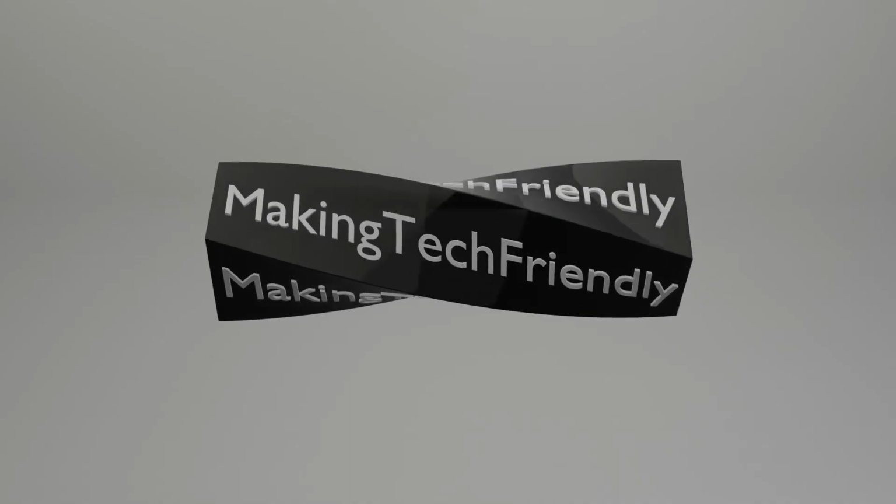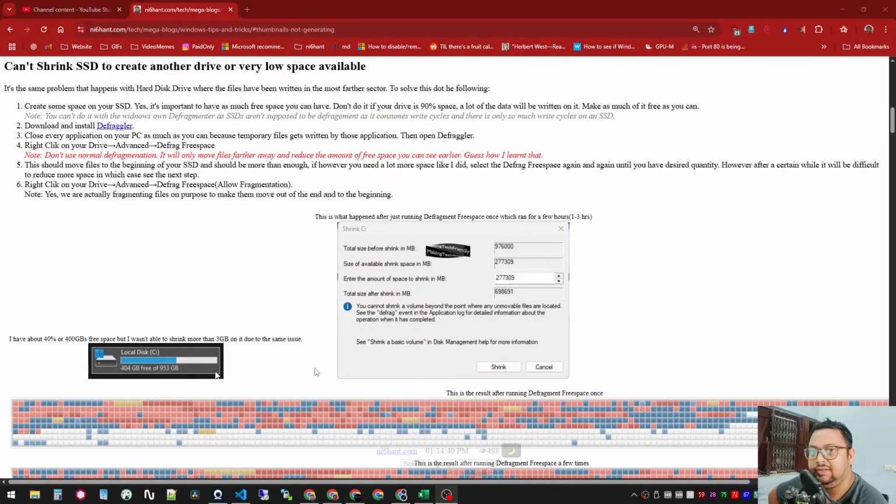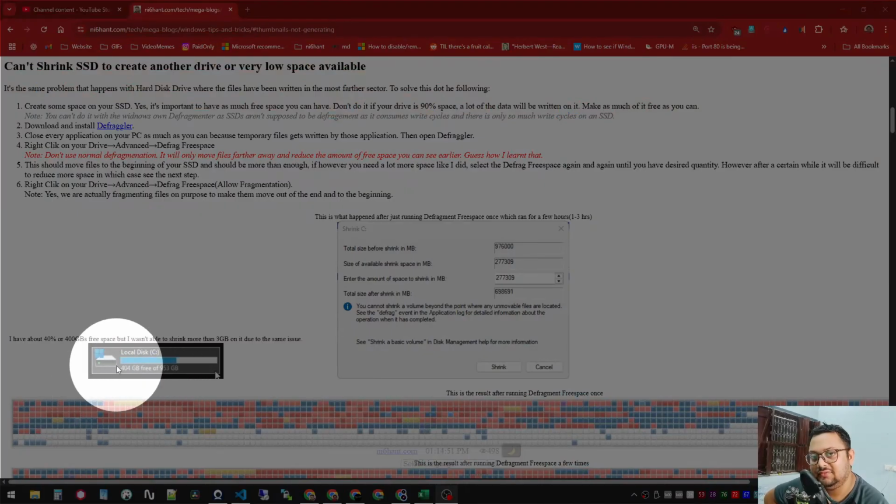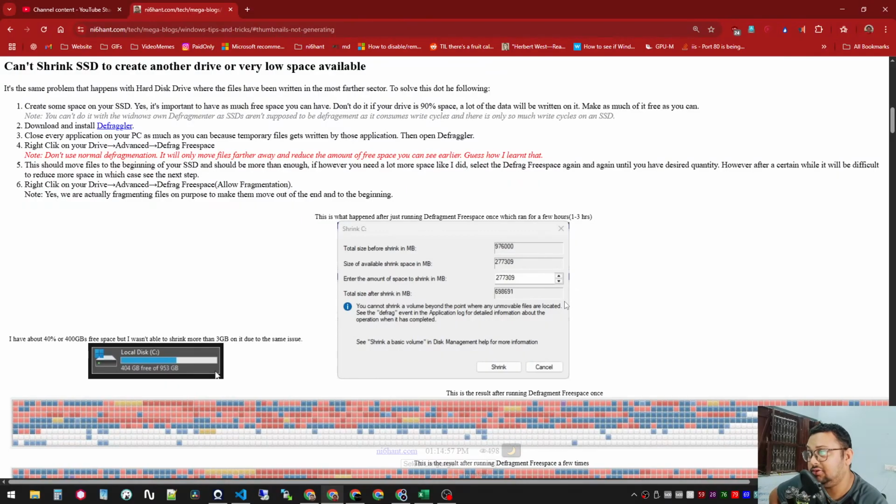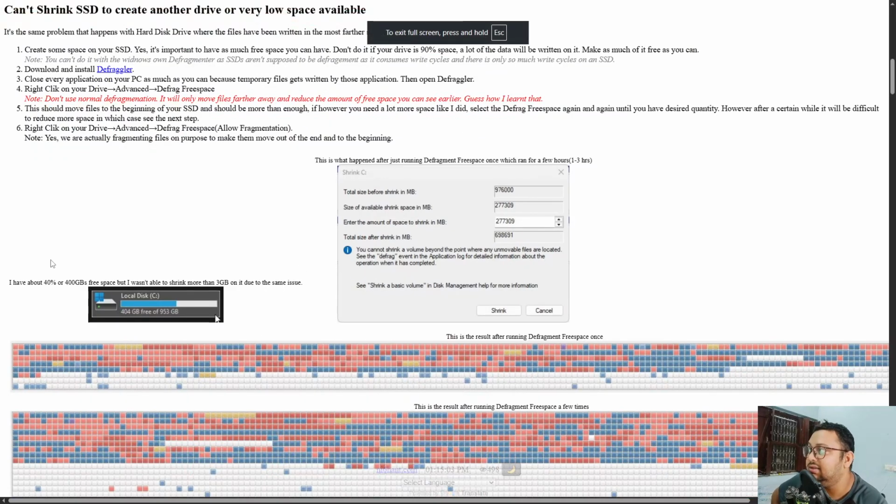So you went to shrink your SSD that you have been using for quite some time, and when you go to shrink it, the amount of available space is very little. In this case it was 400 gigs, and before I take the screenshot it was hardly 32 megabytes. That's the only amount I could shrink, even if I could see that there is 400 GB of space